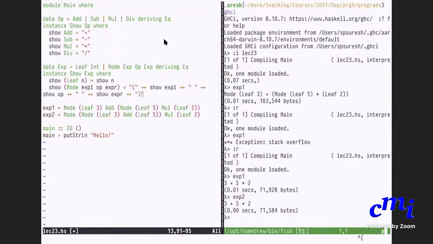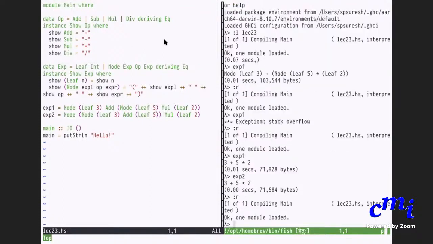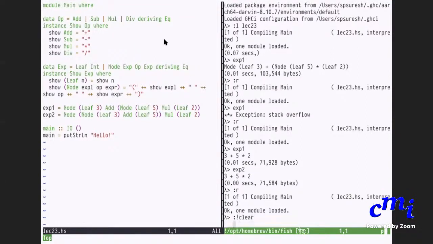Okay, great. So this will still print more parentheses than necessary, but at least it will help you disambiguate stuff. I can't clear, unfortunately. Doesn't work. That's okay.